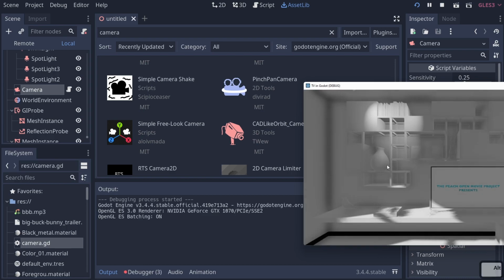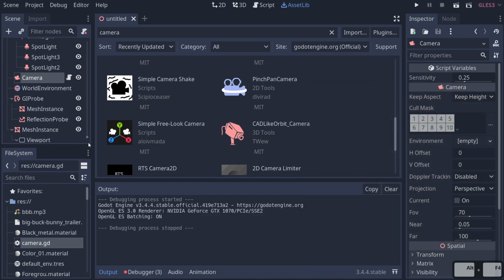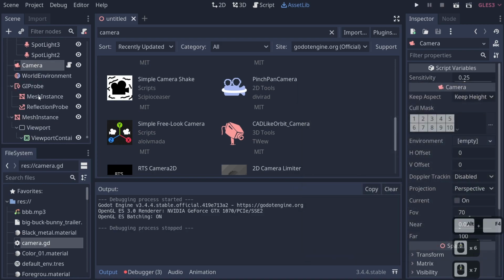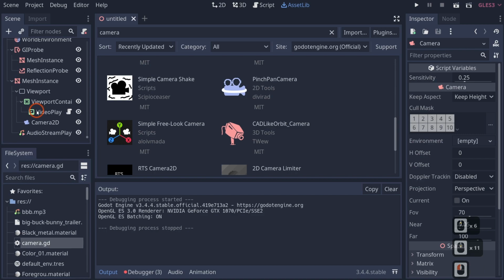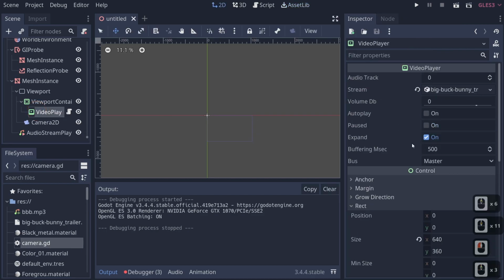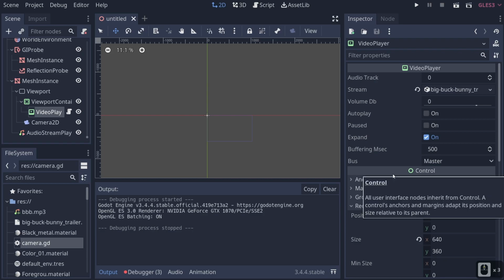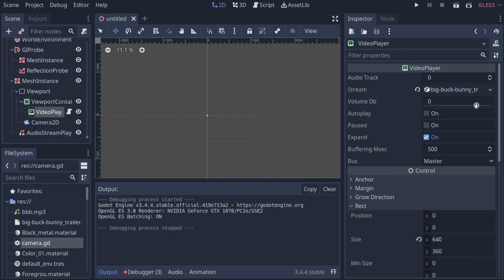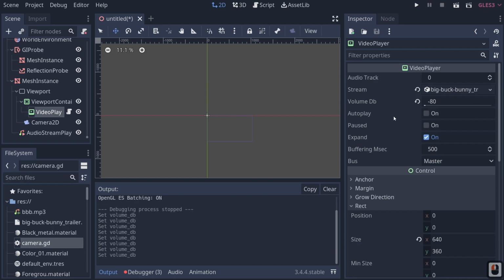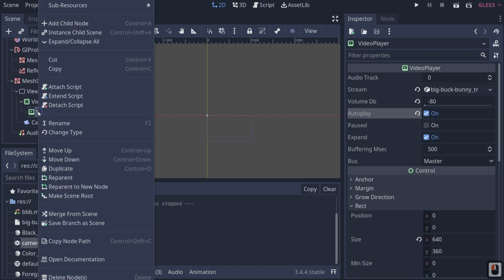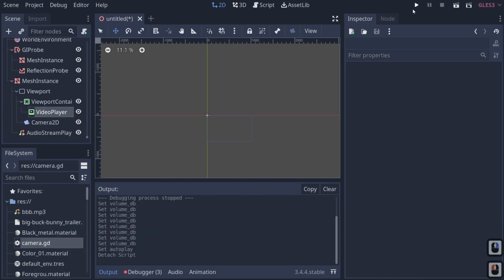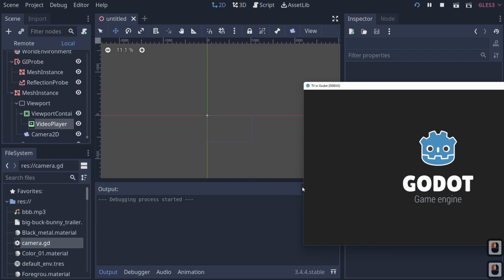that we have 2 audios playing, which is a problem, right? So how can we fix that? Well, if we come up to our viewport here, go to our video player, you can shut off volume right here. Just drag that to -80 so it's basically off. Turn on autoplay because I just want it to do autoplaying, and I'm going to detach my script. It's just going to make things a little easier. But now if we hit play,